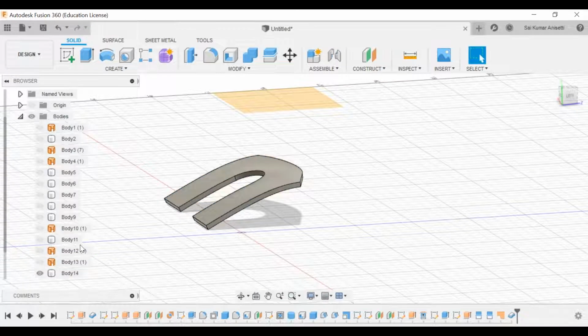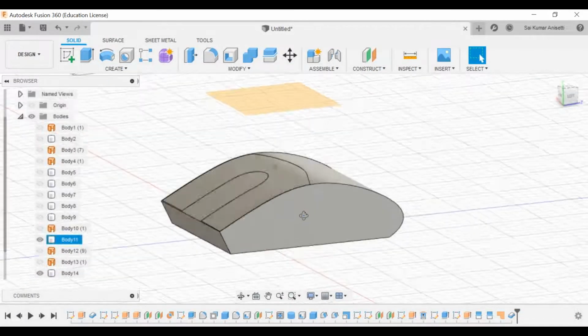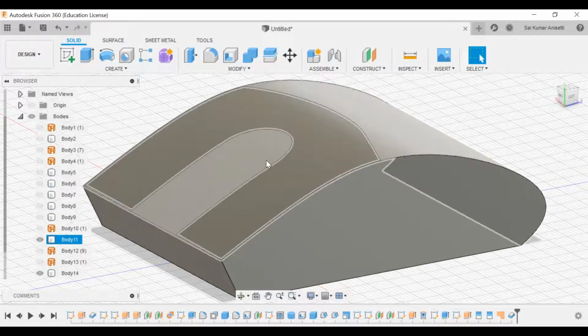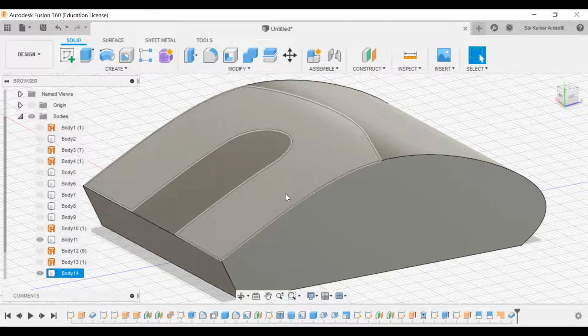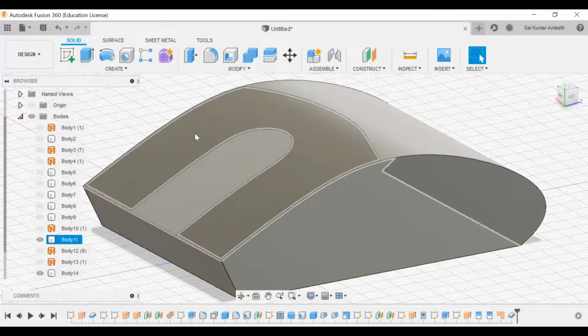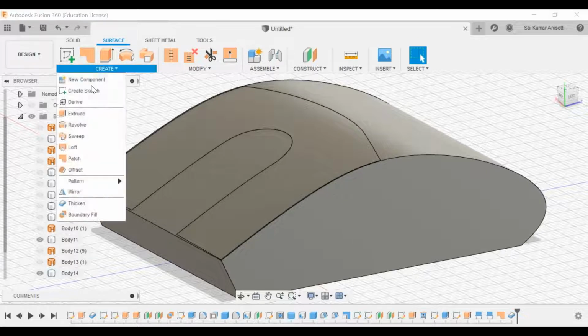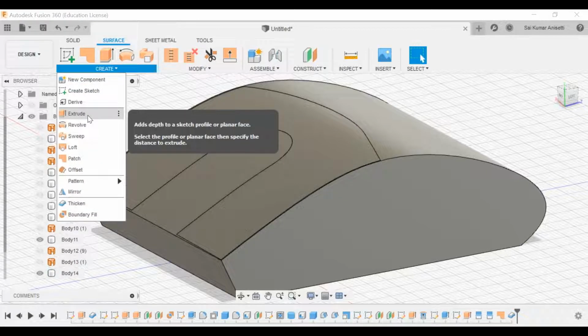Click OK. Now if I hide this body, can't we extrude it? Extrude surface we cannot. Okay. See, if it is a direct solid, surfaces you can extrude only sketches. Now if you extrude a sketch, what you will get?